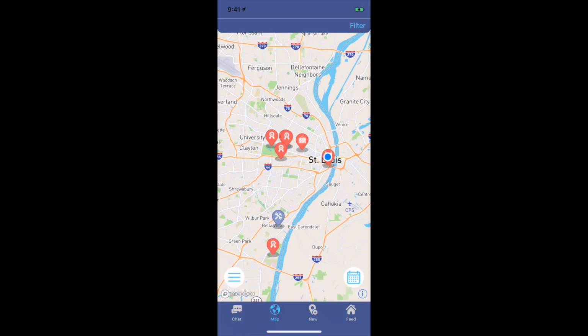So the last thing I'd like to demonstrate is how users of my app can actually create new posts for other people to see. So I'm no longer simulating on March 30th at 9:30 p.m. This is real time now. This is Wednesday morning at about 10 a.m. So you'll see the map is much less populated, as you would expect on a Wednesday morning. But if you look at the very bottom, you'll see that there's a new tab, which I can click on.